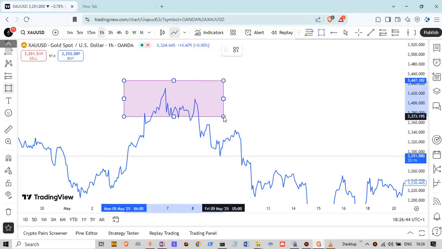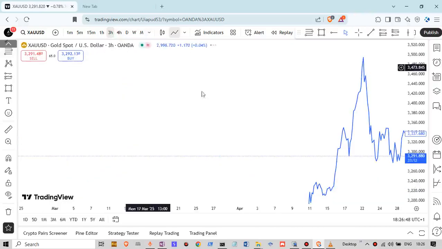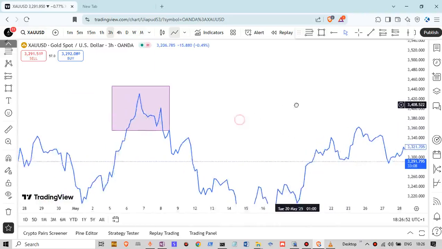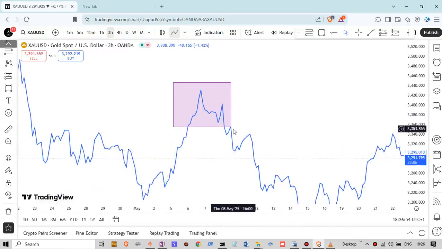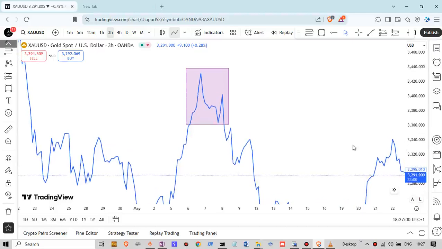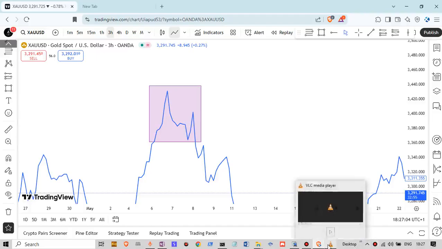This is what we're looking for, right? So I'll go to the 3-hour time frame now, for example. To shrink that data, let me show you what it's going to look like. Can you see now? On the 3-hour time frame, can you see how it has been summarized and made easier for you to grasp? Can you see?